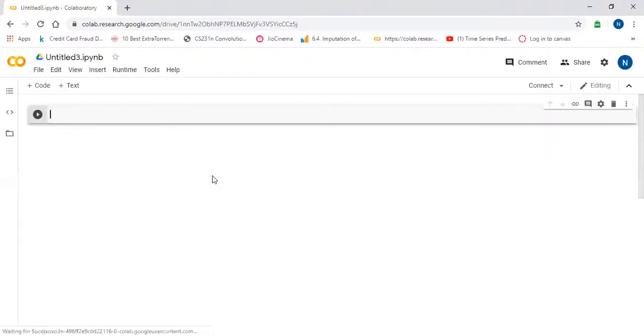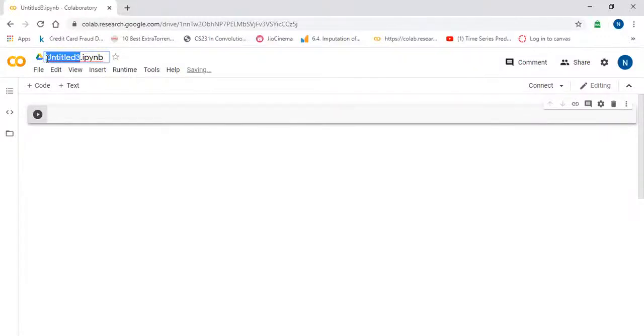It is taking some time. Okay, so now Google has provided one new notebook to us. So here is the name of the notebook. We are going to learn Seaborn in three parts. First, we will see how to plot numerical data. Then we will see how to plot categorical data, and then we will see how to plot the distribution of the data. So in part one, we are starting with numerical data plotting.